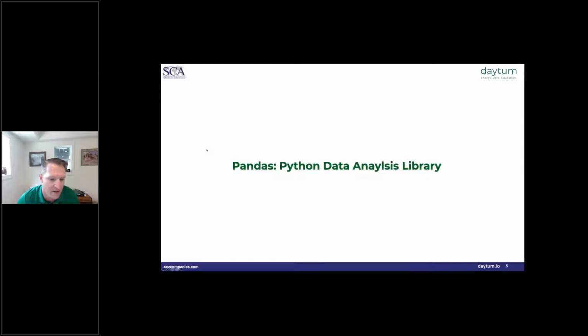Pandas is the data analysis library for Python, and for the most part, this lecture is standalone, meaning you don't need to know any other libraries to follow this, other than just some basic Python syntax. There is one caveat in that I do use a little bit of Numpy, which is again the array computing toolbox. So Pandas builds on top of Numpy, and it's a little hard to avoid it. So in the course of teaching the actual full week-long energy data science class, we would cover Numpy before we cover this lecture.